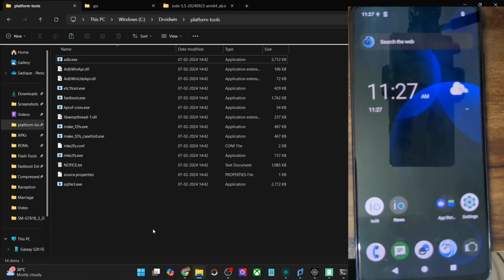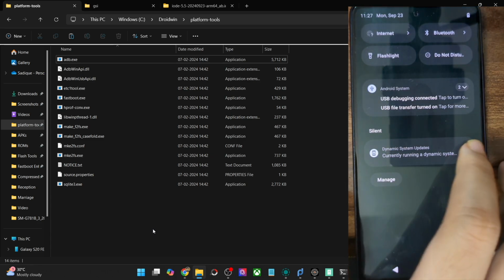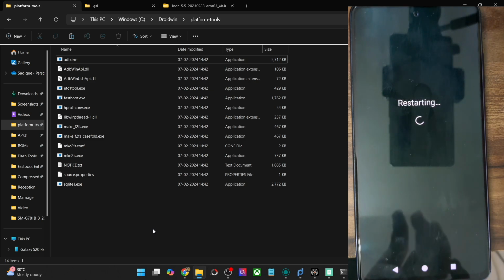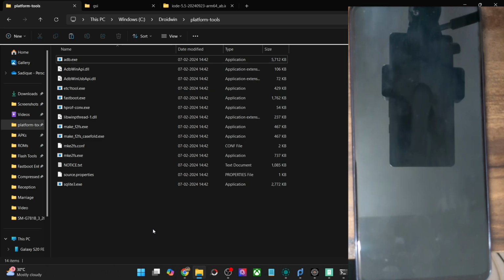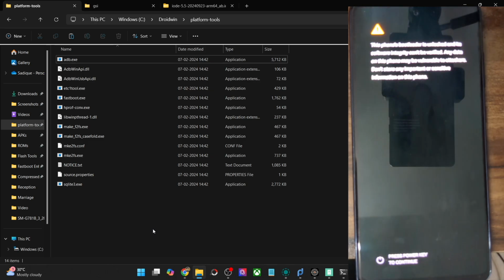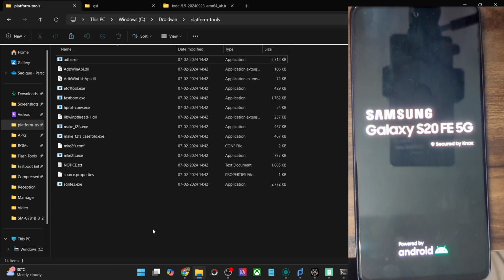Now if you want to go back to the stock One UI, then simply expand the notification and tap on restart, and your phone will now reboot to the stock One UI ecosystem, and it will take just a few seconds for that to happen. So this is quite impressive. We don't have to flash the stock One UI via the Odin tool. You could simply just do a restart, and upon a restart you could go back to the One UI. Then again upon a restart you could go back to the GSI ROM, and so on. All that is required is just a simple reboot of the phone.